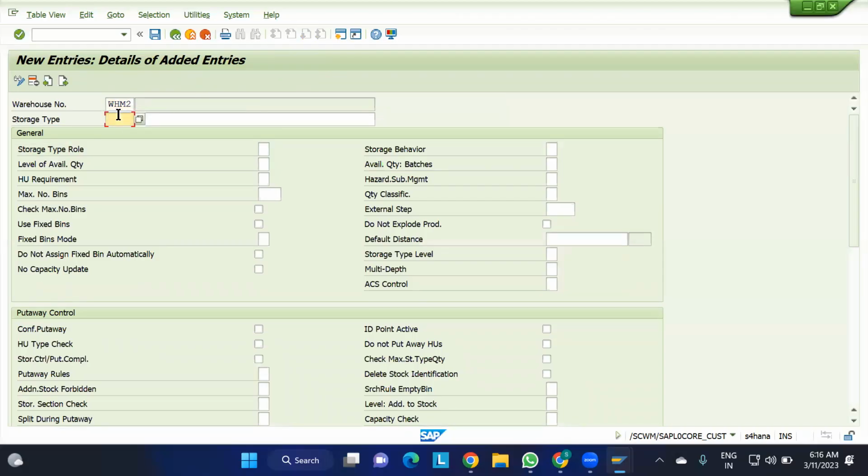And the storage type I am going to create. For easy understanding, storage type 01. This is my storage type. That's it. We are going to give final storage 01, like that. Whenever I do the put away,